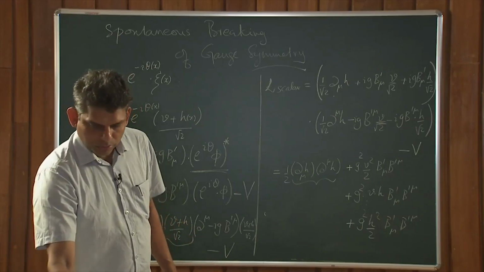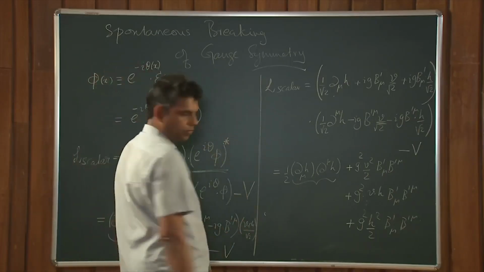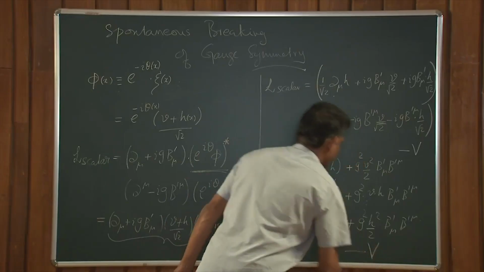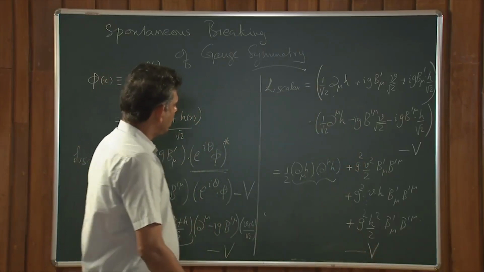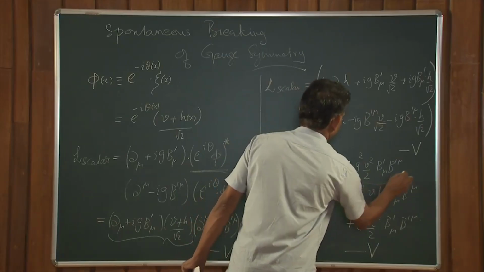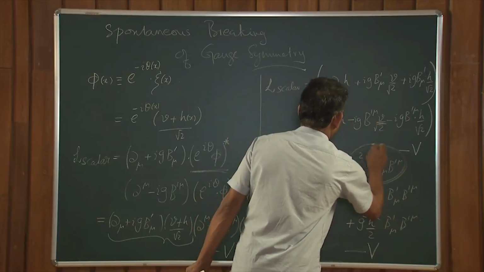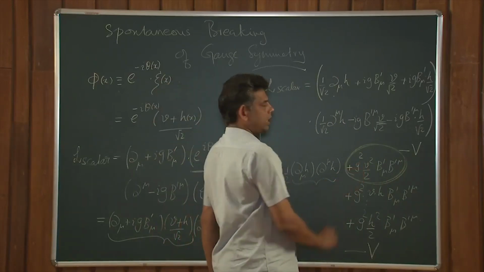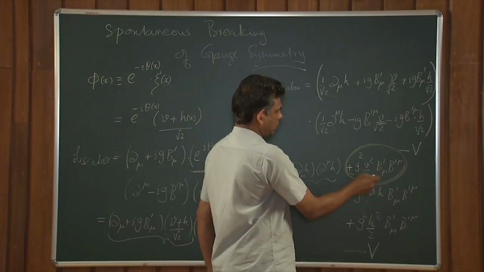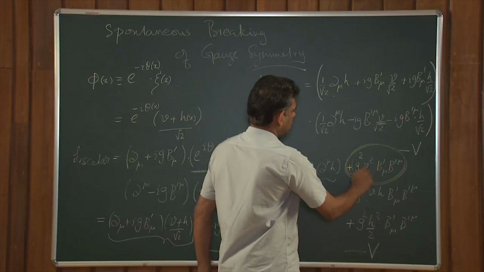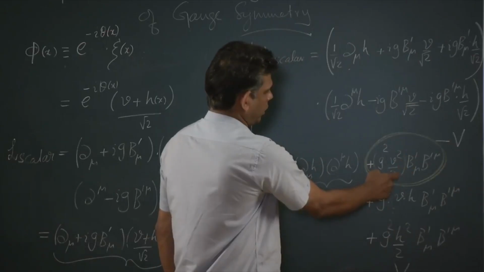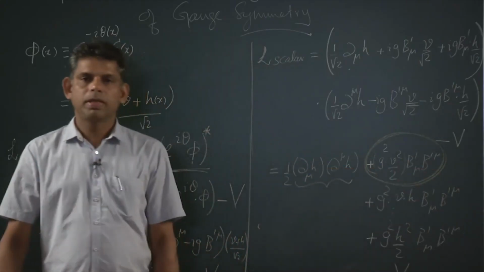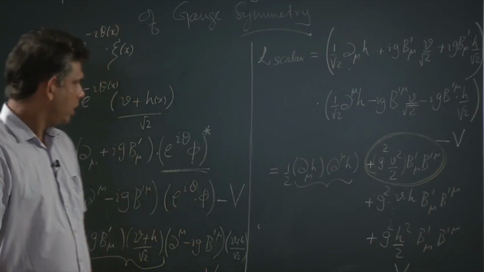Now this term, this Lagrangian along with the potential there, minus potential V. Look at this term. V is constant, G is some constant like the charge, 2 is constant and then this is this. So, this is like m square. If we denote this by m square, we have a mass term there in terms of B prime mu. So, let me